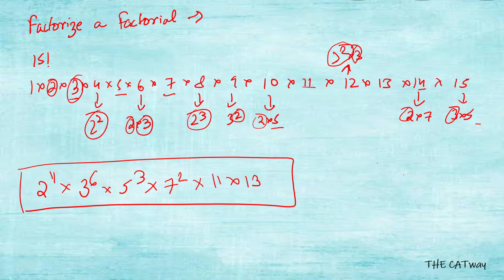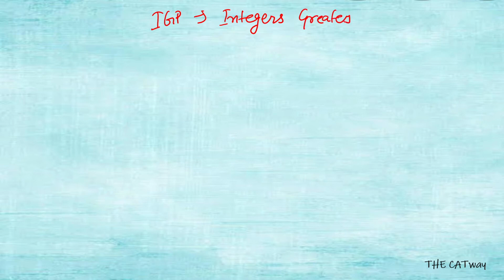Okay, now let's move towards the IGP. What is IGP? Let's see. IGP means integers greatest power. Okay, greatest power. Now this we will understand with the help of an example, but first the general notation for it. Let's say you have to find the highest power of a